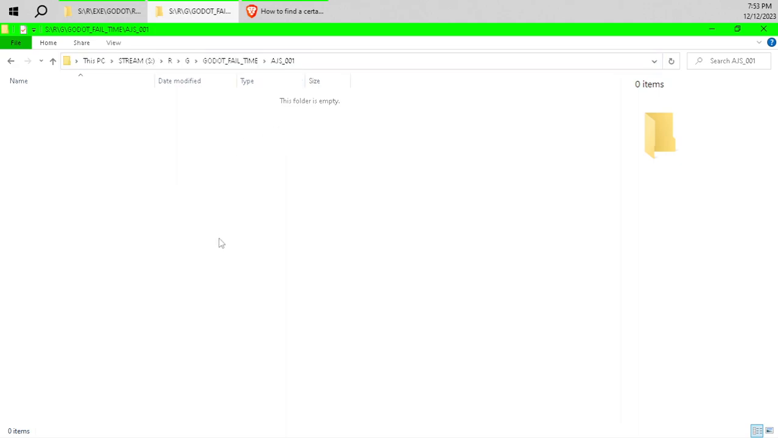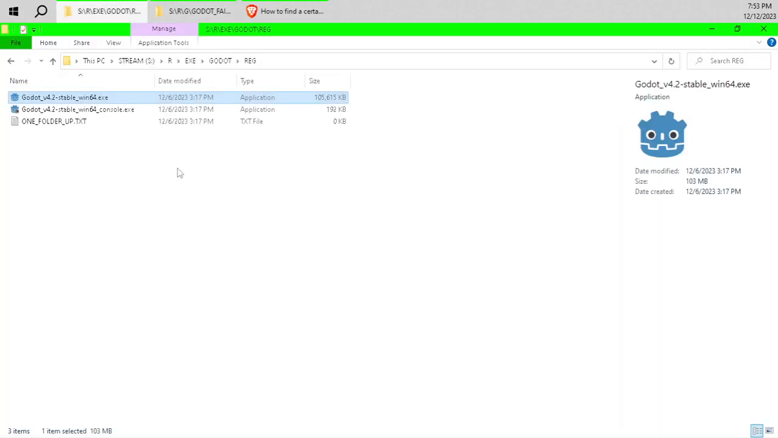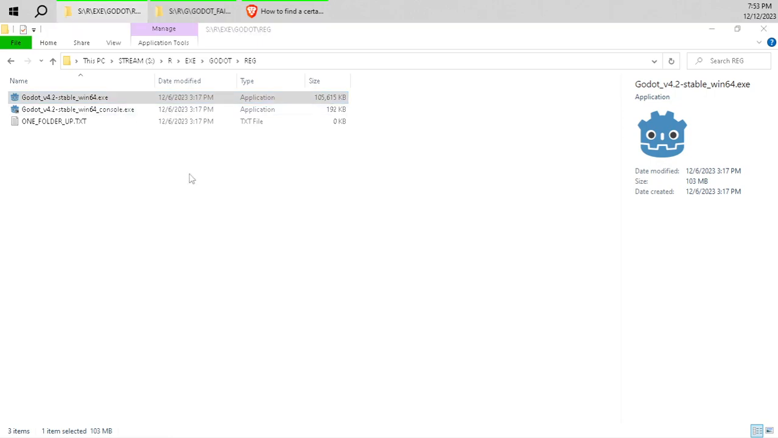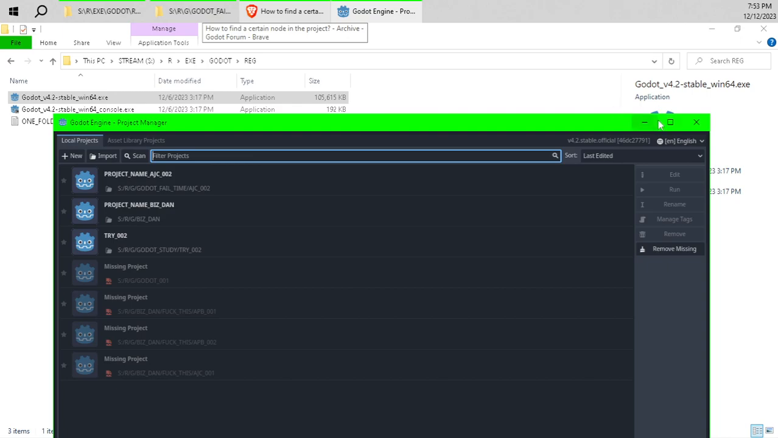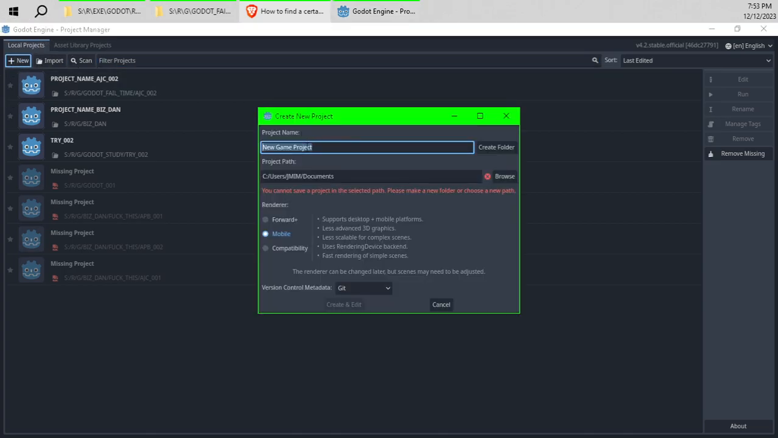Now, the next thing I want to do is open up Godot. So here is, where's my Godot folder here? Here's my Godot folder, and here is the 64-bit version for Windows. I'm going to open that up, and we're going to create our new project. So let's go over here, and right here, I'm going to go new. See this new button right here? We're going to click that new button in the top left corner, and then we have this project